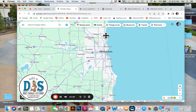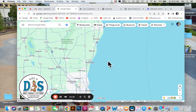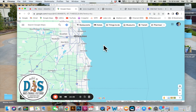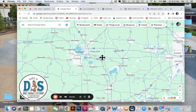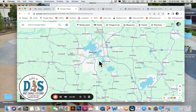But anyway, Milwaukee, the river's also been high over there, but at a fishable level now. So good smallmouth action in the Milwaukee River and some of the other tributaries, and some pike in there. Coho are out in the Big Lake. It sounds like they're starting to move up the coast and getting out a little bit deeper. But the good news is the king salmon are coming in behind those, and they're going to be hanging out the rest of the summer. So if you want to get some exciting fishing action on some huge fish, get over there and check that out. Otherwise, as far as trout go,